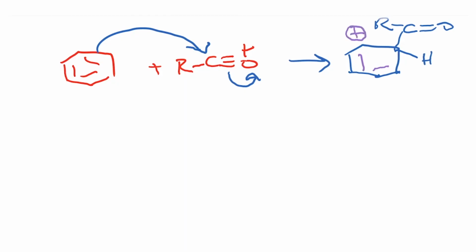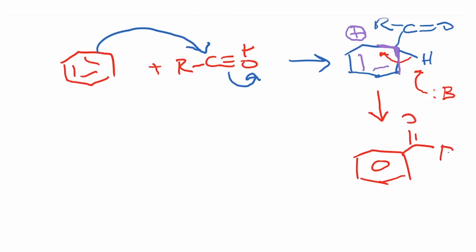Now when you do this, you end up with a loss of proton, which is going to occur in the presence of a base. It attacks and regenerates the aromaticity, and it gives you the product, which is the acylated benzene. If R is CH3, then you will start with acetyl chloride and you will get acetophenone, and so on and so forth. So this reaction is called the